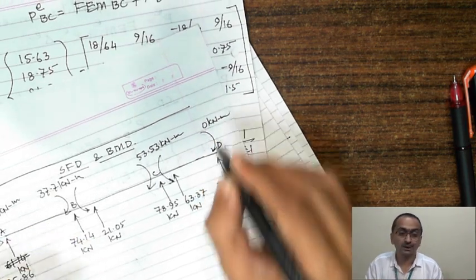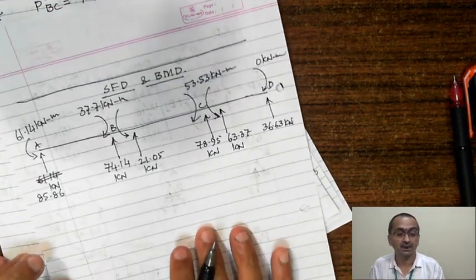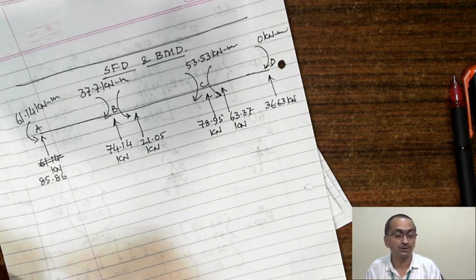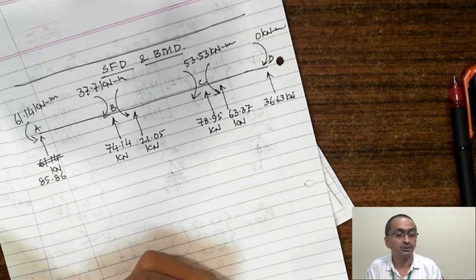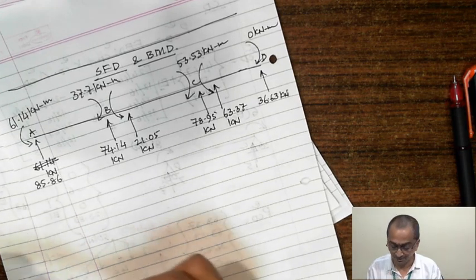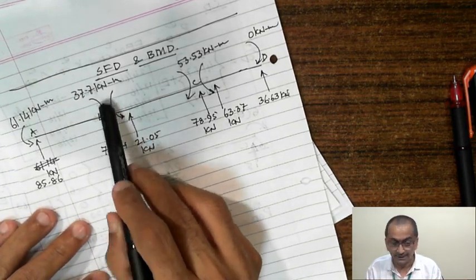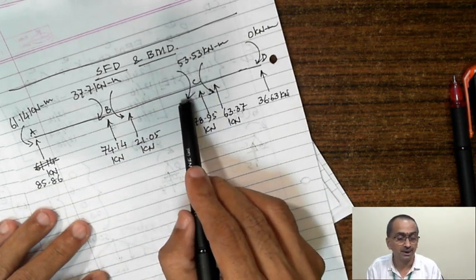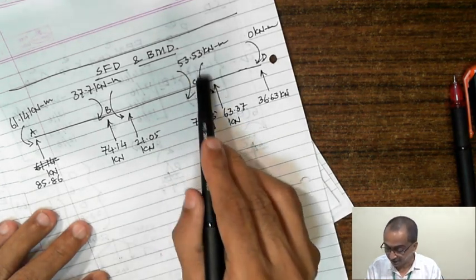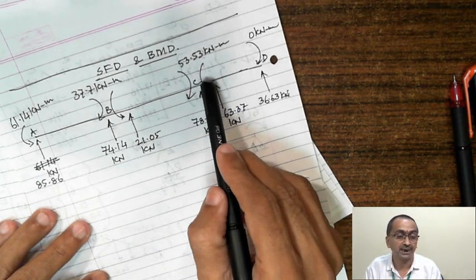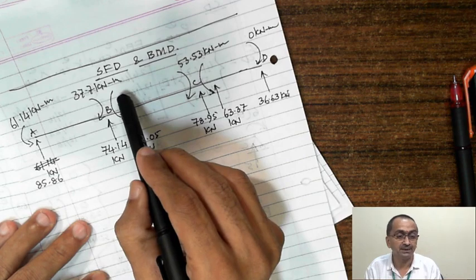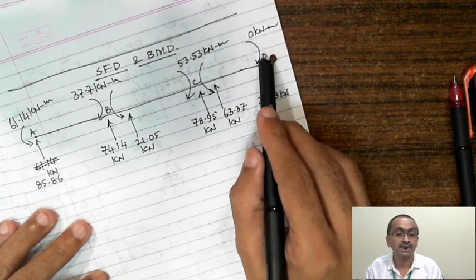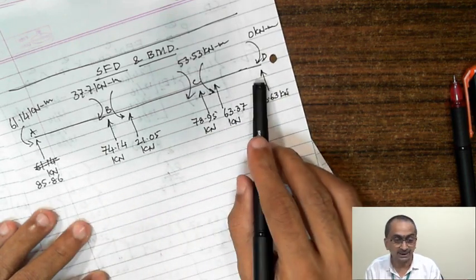Now I hope you are in a position to plot shear force diagram and bending moment diagram. For this, it is already covered how to plot shear force diagram and bending moment diagram. So I expect you can plot the shear force diagrams and bending moment diagrams. Here we are getting a check. These two moments are equal in magnitude but opposite in direction. So total sum of moment acting at B is equal to 0. Total sum of moment acting at C is equal to 0. And sum of moment acting at D is equal to 0. This means all our conditions are satisfied.